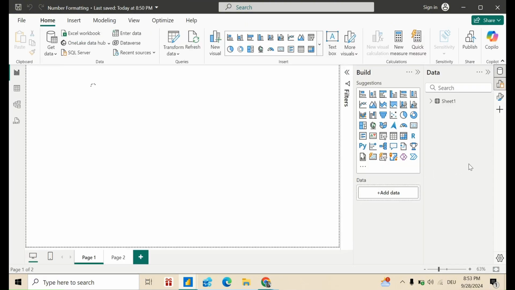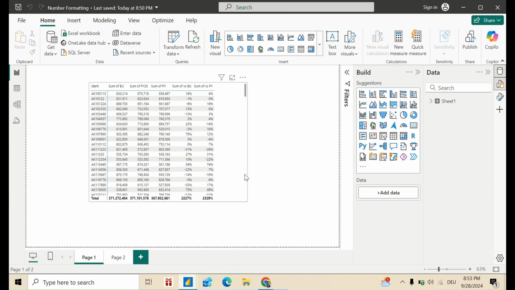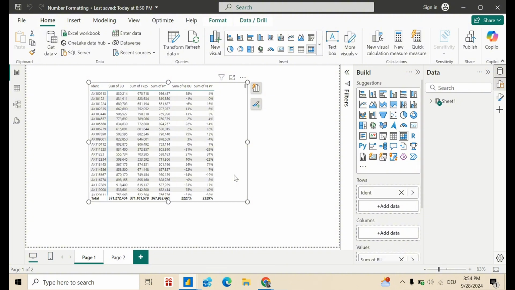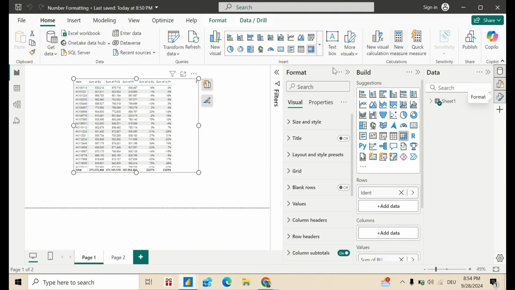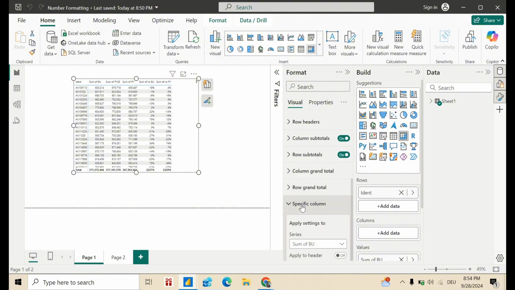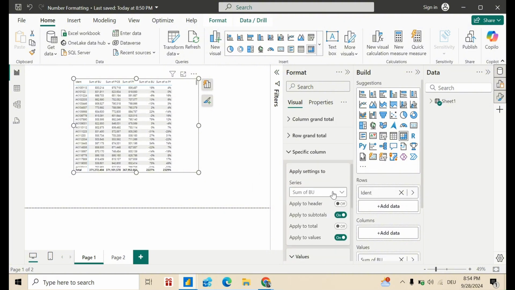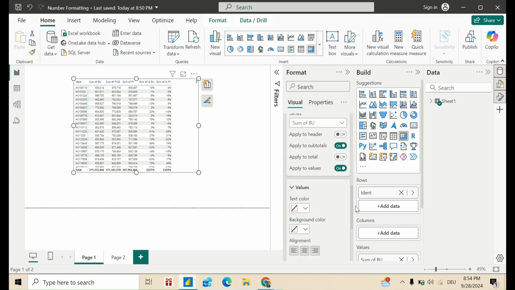Now that our file is loaded, I'm going to show you how you can easily format your numbers in Power BI. So you select the matrix and you come here and turn this formatting option on, and you go down and look for something called specific column. It allows you to format a specific column. So the first column we would like to format is the sum of budget, which is the first value, and then you go down